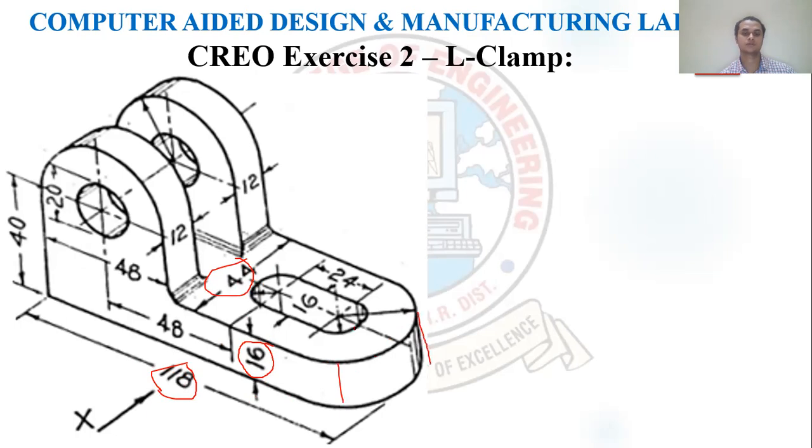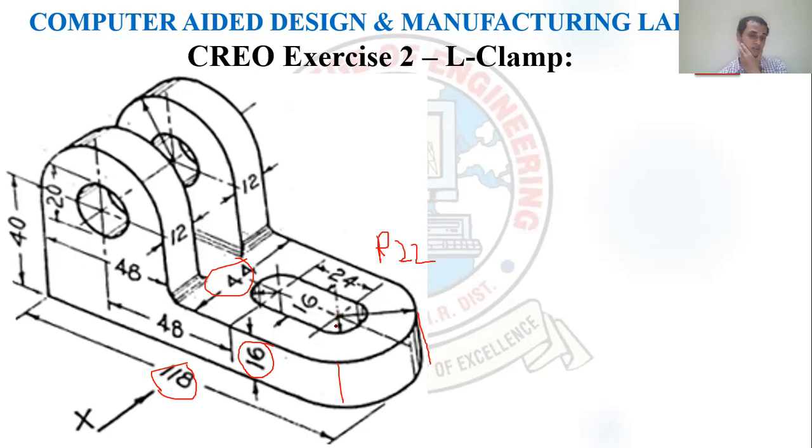You have to use the round command, and this is the width, this is the length. So the radius comes as 22. With the radius 22, you have to use the round command, and again use the references to locate the center. To locate the center, use the references so that you will get the center of this arc, this round semicircle, here.